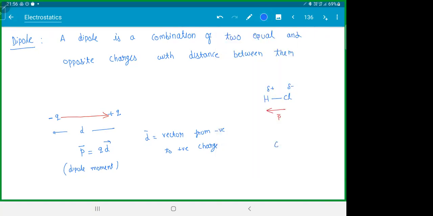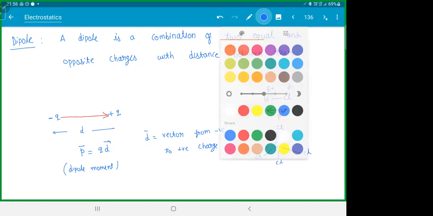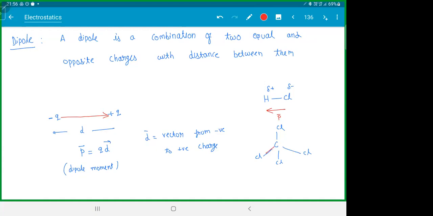If you take a molecule like CCl4, it basically forms a tetrahedron. So this will be plus and minus of dipole, dipole, dipole, and dipole. Do you remember how you